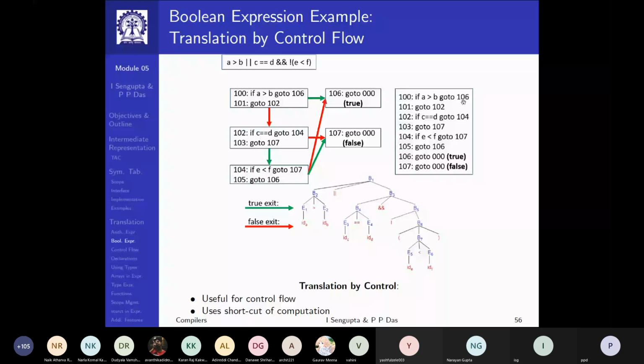I do not know what the target is going to be. Similarly, when I'm doing C equal to D, I'm generating at 102, but I have a target which is at 104. So you can see that there are several cases where you will have references in future.